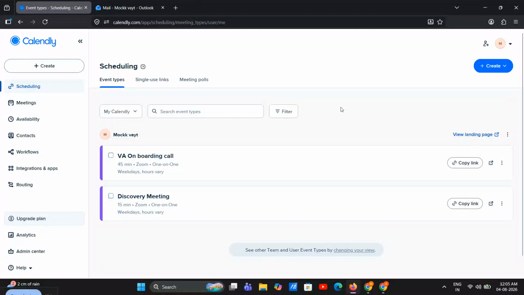In this video, I'm going to show you how to add Zoom to Outlook scheduled meetings with Calendly integration step by step, so your meetings can be created with the right calendar connection and Zoom details automatically. This is a really useful setup if you want to save time, avoid manual meeting links, and keep your scheduling